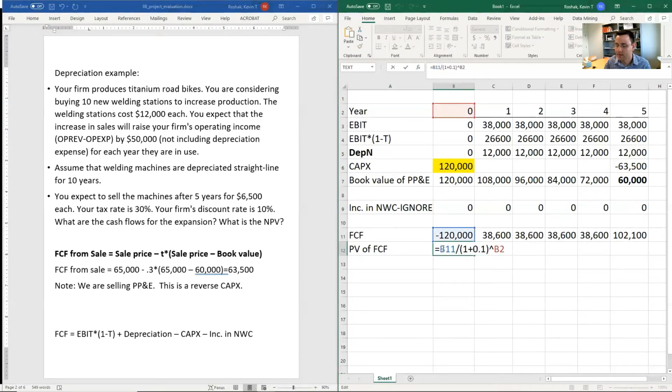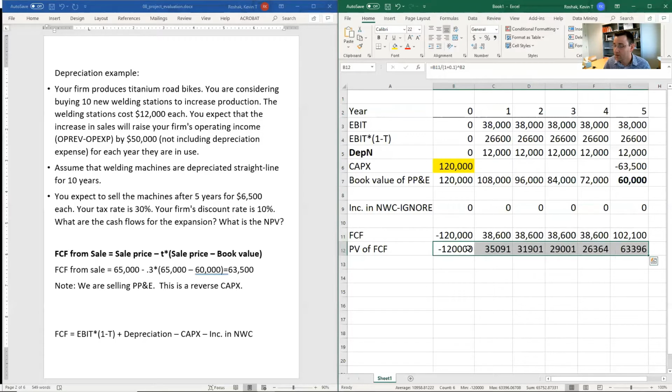Okay. This is the present value formula, C over 1 plus R to the T. What's C? Well, I'm telling Excel to pull the free cash flow from row 11, B11. R is 10%. What's the time period? Well, I'm pulling that from row 2. Okay, so I tell Excel, look in B2 for that. And I just fill this over to get the present value of each individual cash flow,